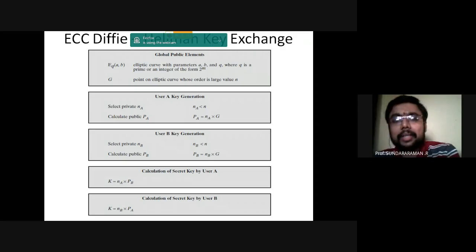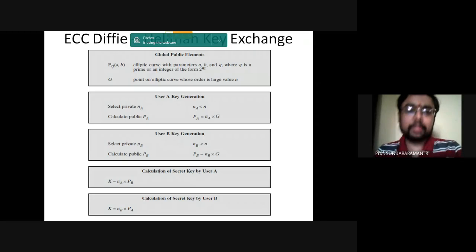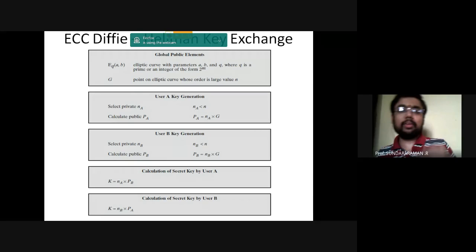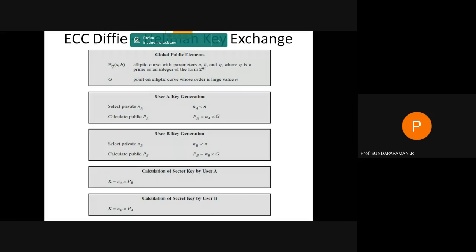The first one, we will be sharing the details about the curve. That is, the curve equation can be shared, or the prime field required for constructing the curve, and the two important variables a and b. With the prime q, a and b, we will be able to construct the curve. That is y square equal to x cube plus ax plus b mod p, where p is the prime. So we will be sharing the q, a and b, right?